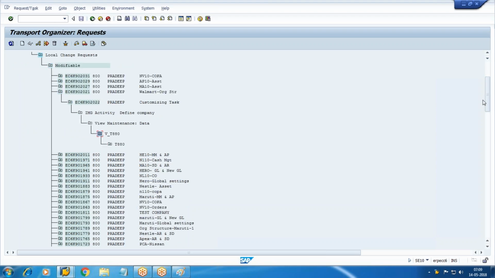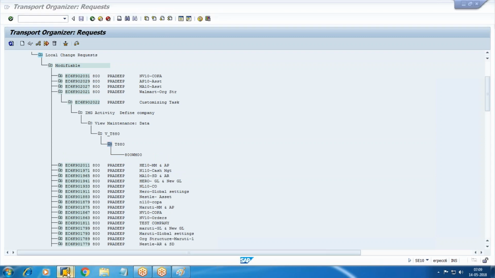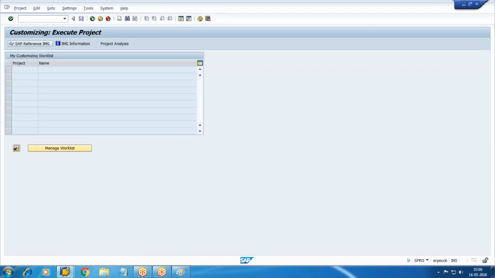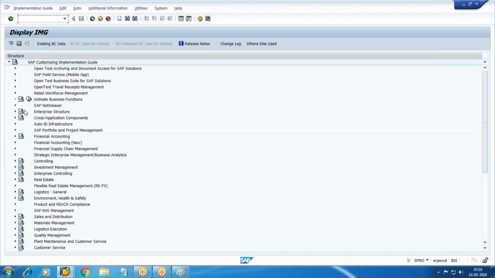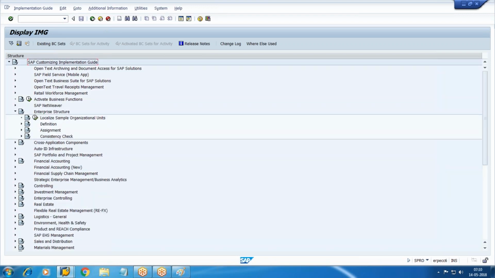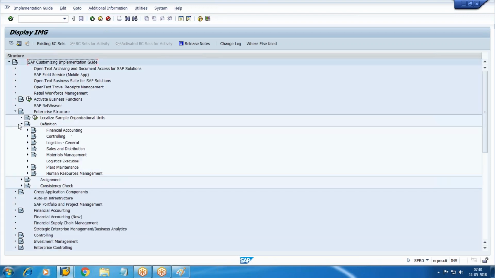Okay, 2-minute recap. What we discussed that day, we discussed all this TR and system landscape, and we configured this company, which is there in the table T880, and WM00 we have created. Now I'm going to create the company code. Same, continue enterprise structure, definition,